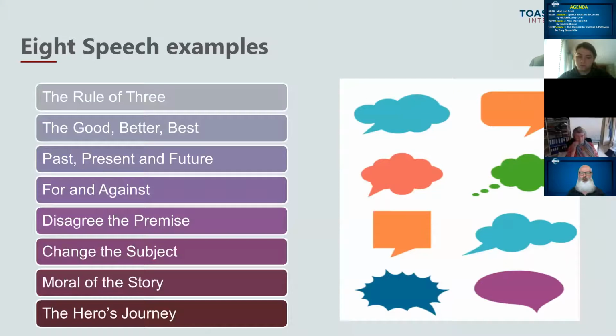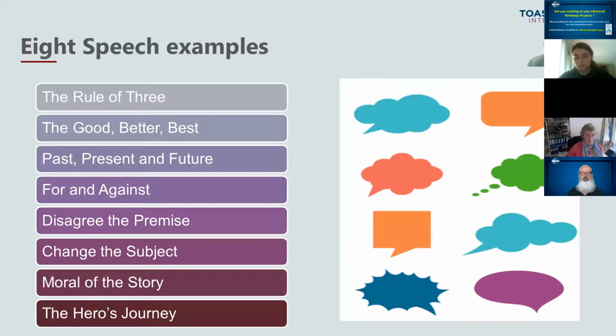I'm going to go through 8 simple speech examples. They are the rule of 3, the good, better, best, which is a type of rule of 3. Past, present, future is also a type of rule of 3. For and against, which is another rule of 3.